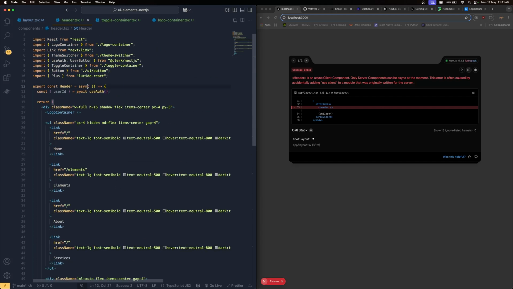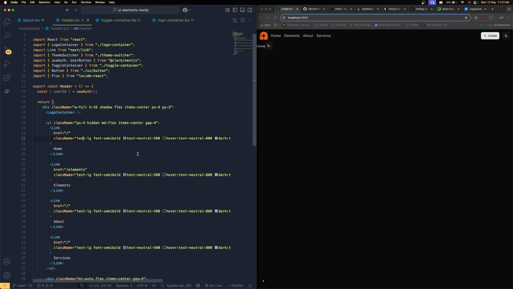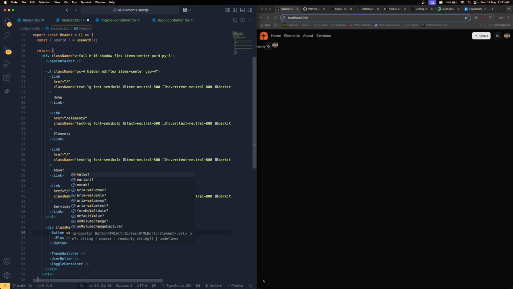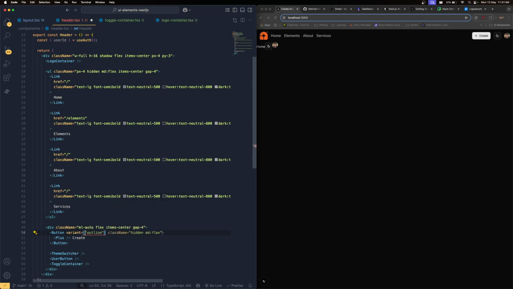Okay, so we can't use this. That's unnecessary. All right, now we have the create button over there. And for this, I'm just going to say variant, which is going to be, let's keep it as the default variant itself, but I'm going to reduce the size, which is going to be the small size, just like that. Okay. And for this one,